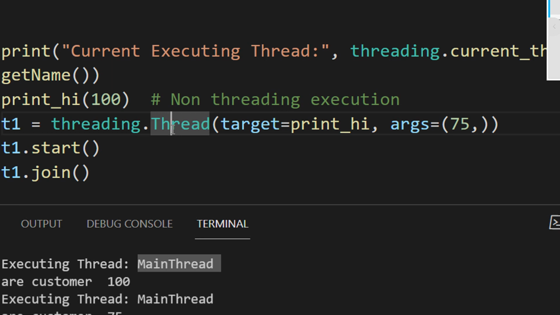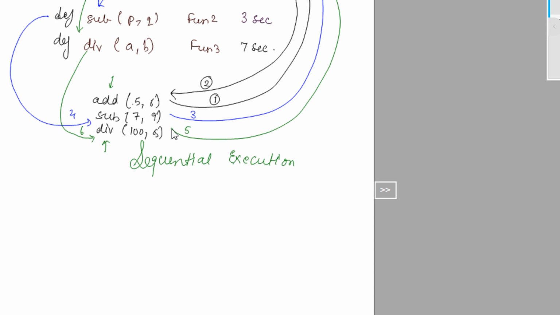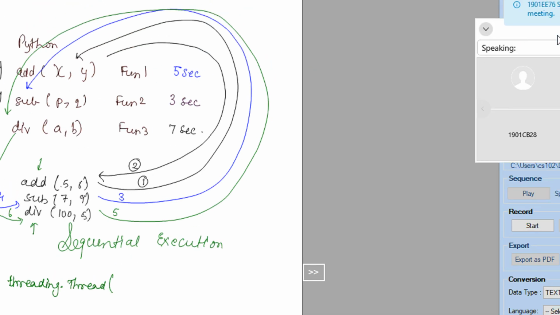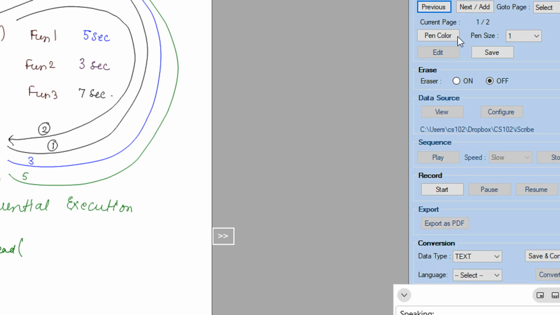So when I say, let me just come here. Threading dot thread. Let me change the pen color.